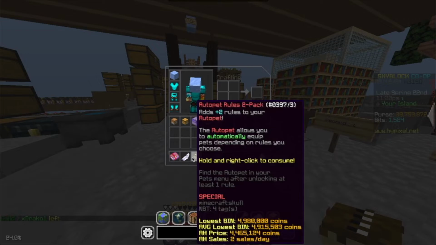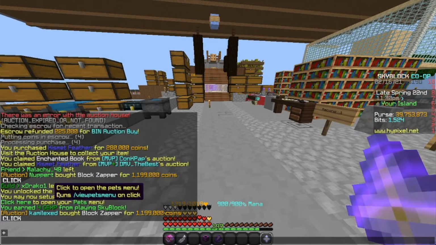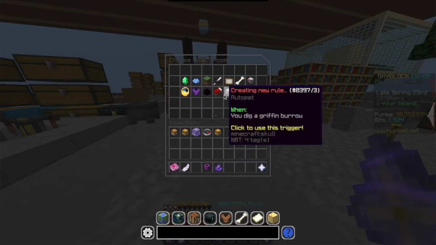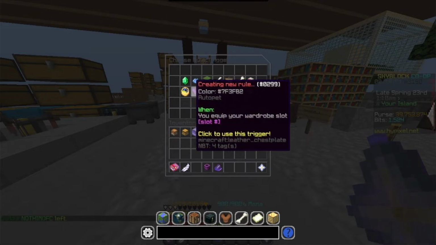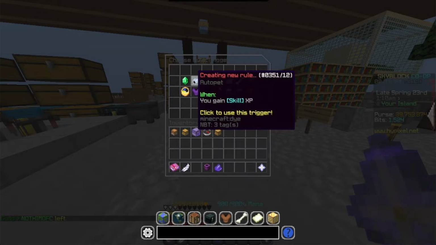And now we're going to look at the auto pet rules. So as you can see here, I just got it, and I would assume it is in the pets menu, and yes, there it is. So as you can see here, when you click create rule, you have 14 different conditions to choose from. So the first one is going to be when you log in, when you gain some XP, when you enter some island,